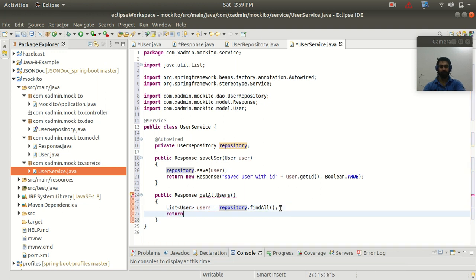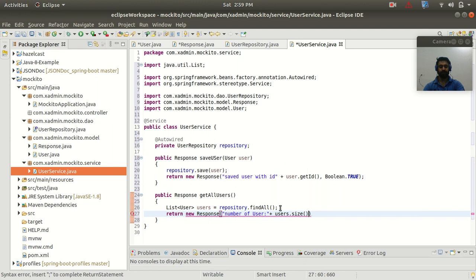And now what I want to return is the response object. So new Response, let's create the object of the response. And here in the constructor, we need to pass the message, like number of users. And here we can take the count of the users by the users dot size method.